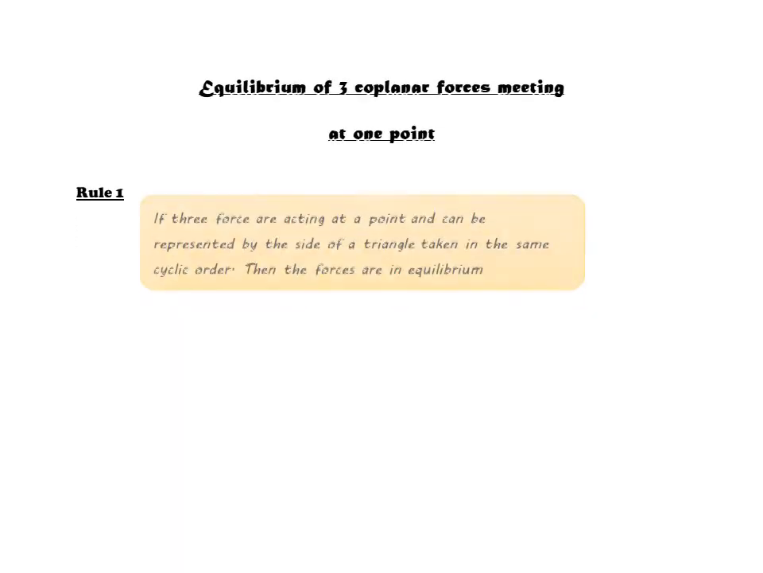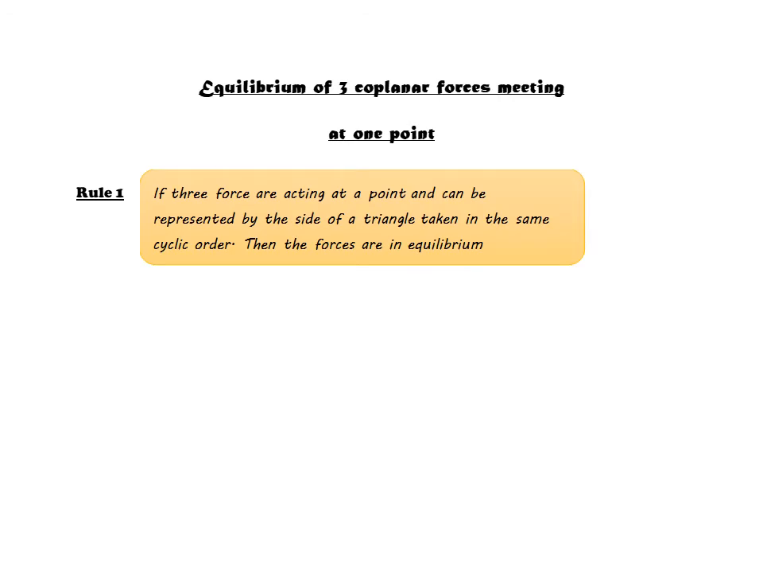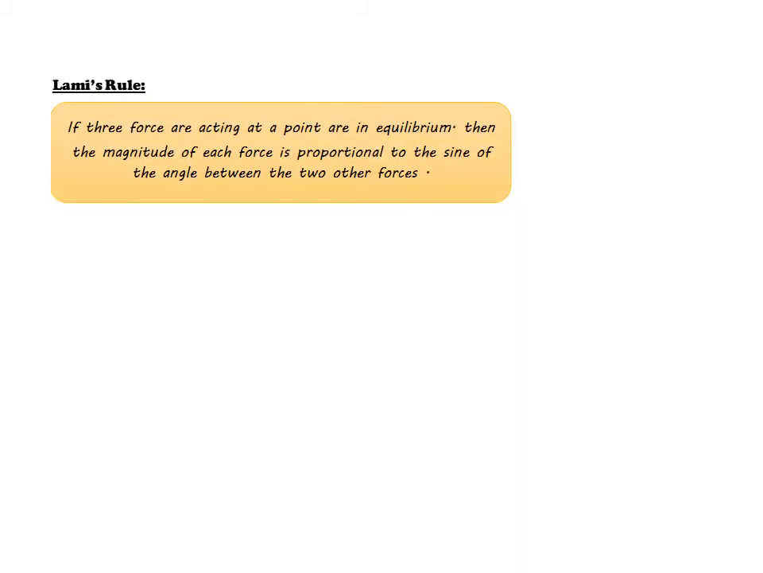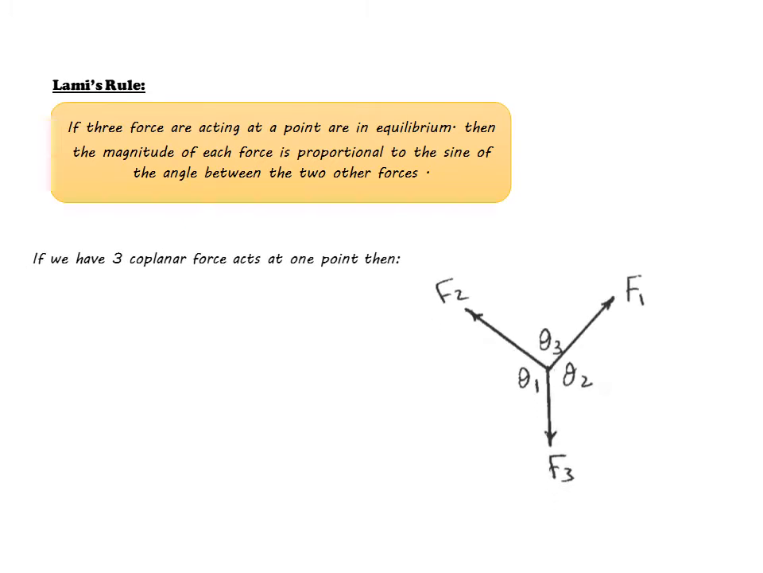If one body is affected by three forces, and we can represent these three forces by the sides of a triangle in cyclic order, then the forces are in equilibrium. If three forces act at one point and they are in equilibrium, then the magnitude of each force, all of them going out from this point, is proportional to the sine of the angle between the other two